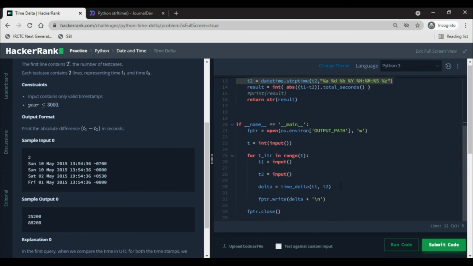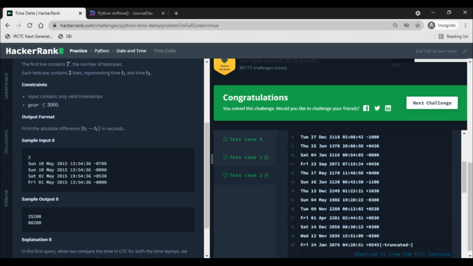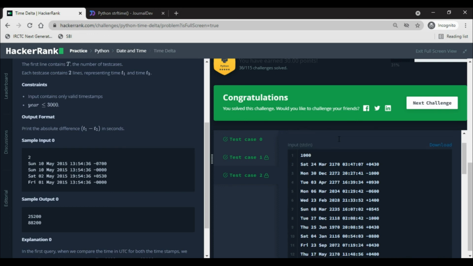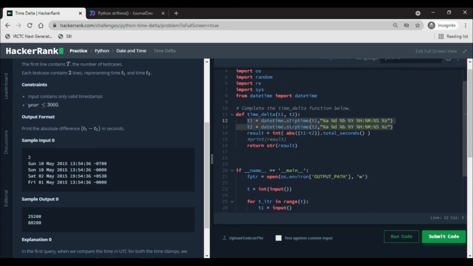So one more thing you can see here in the test cases, that year can be anything, right? 1917 to 2116. You can see that so much difference. So it will calculate the number of days, time, and it will convert into seconds, and then present it to you. If I get time, I'll make the code from scratch, but I don't think it is necessary.